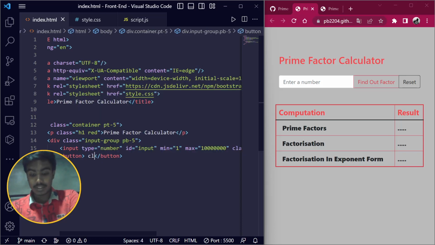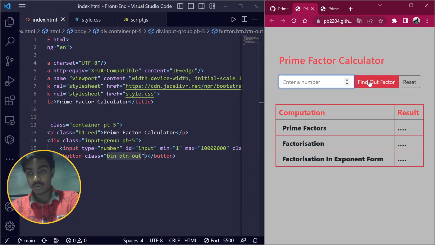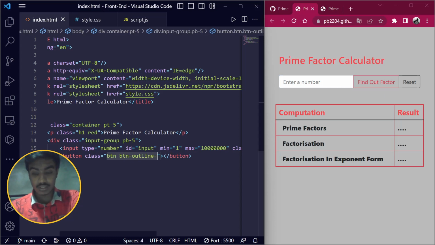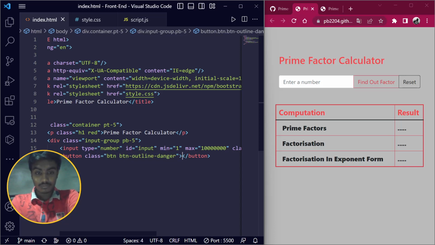So button, and here I want to give it class name. So class name will be, let's suppose, btn, and I want btn-outline-danger, because as you can see that when I hover on it, it's red and it's okay. So btn-outline-danger, and I want to write here find out factor. Okay,